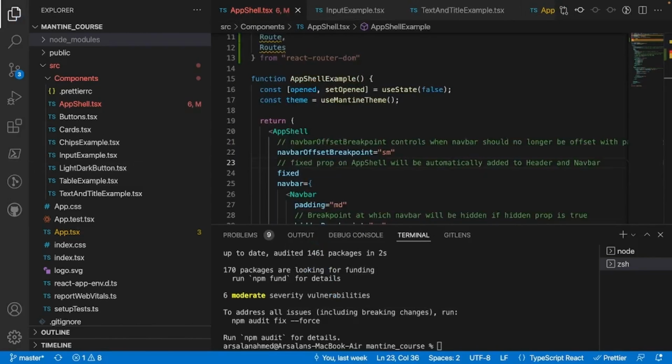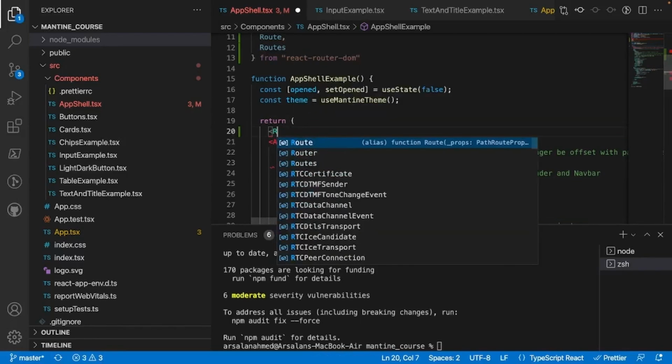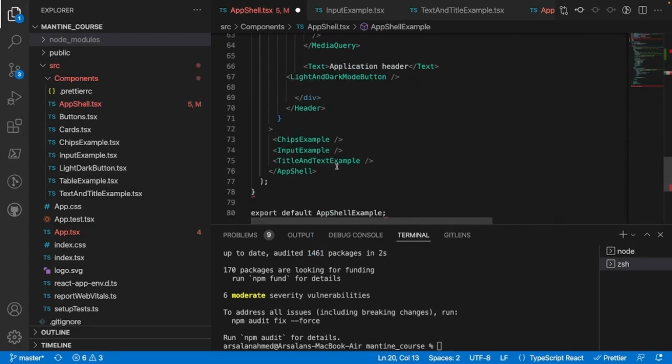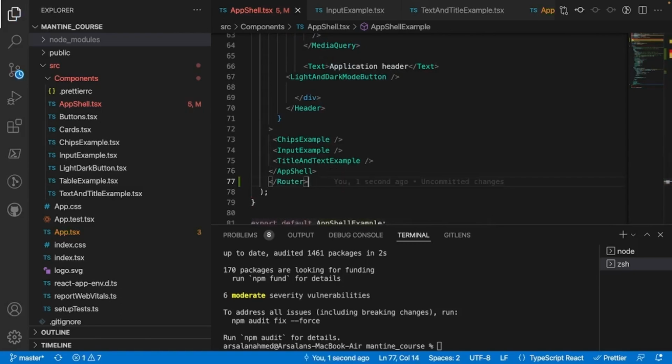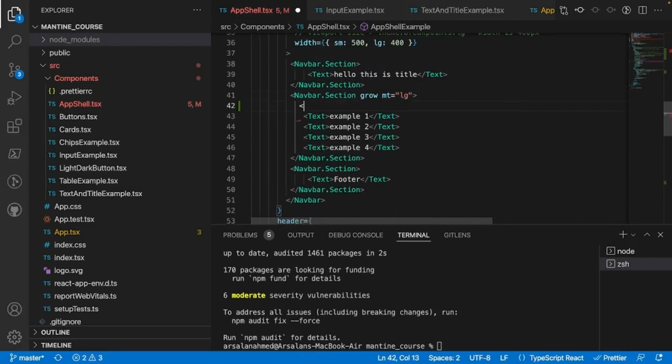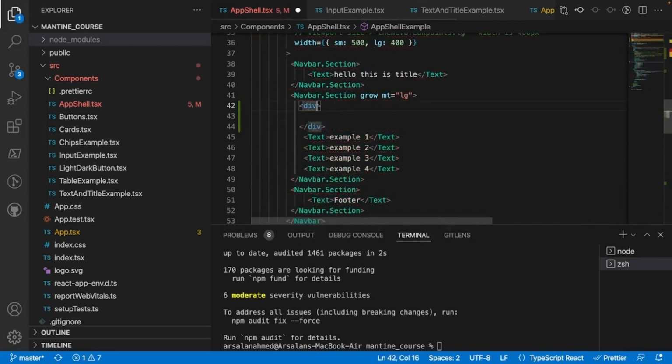Perfect. Alright, so now what we need to do is contain our entire AppShell in a Router tag. So to do that, I'm just going to type in Router like so, and I'll take this end tag right here and put it at the very bottom underneath my AppShell end tag right there. And now the next thing I'm going to do is go into my actual navbar link, so this section right here with the example 1, 2, 3, and 4, and I'll just create a simple div tag, and inside of there I'll give it a little bit of styling